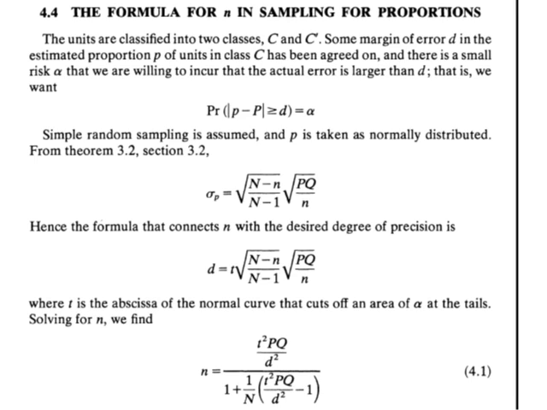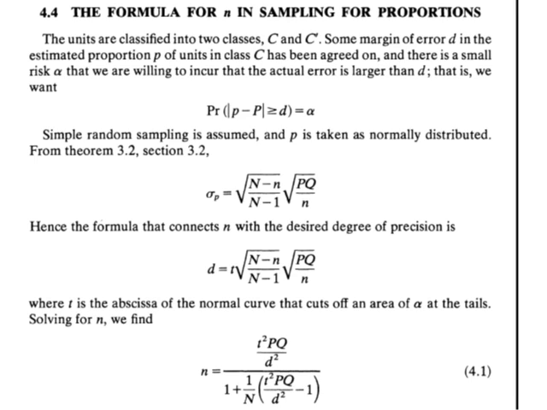That is, we want the probability that the absolute value of small p minus capital P is greater than d to be equal to alpha. Simple random sample is assumed and p is taken as normally distributed from Theorem 3.2, Section 3.2. Sigma for p is equal to the root of (N minus n over N minus 1) multiplied by root PQ over n. Hence, the formula that connects n with the desired degree of precision is d equal to t times root of (N minus n over N minus 1) times root PQ over n, where t is the abscissa of the normal curve that cuts off an area of alpha